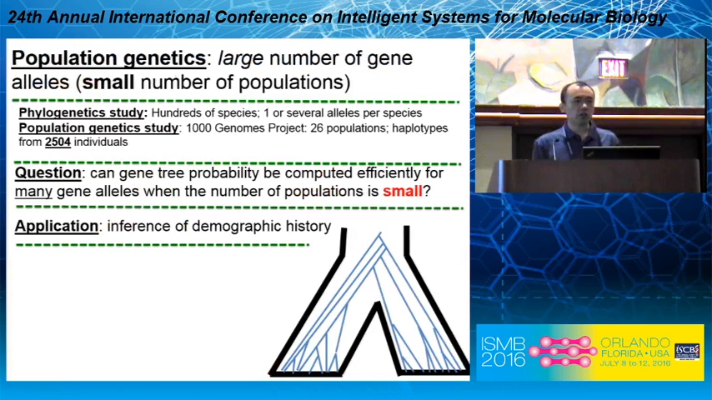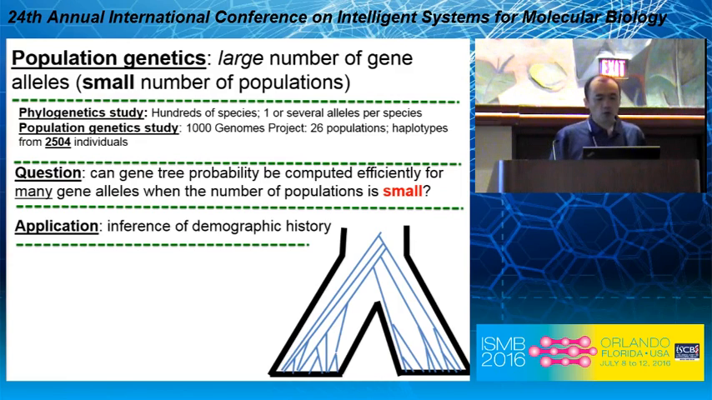I still do not know how to solve the general case, but I recently found one way to, for a restricted case, have a polynomial time algorithm for computing the gene tree probability. And this restricted version is motivated by population genetics, where you have many gene alleles, but only a small number of populations. In the 1,000 Genomes Project, for example, you have 26 populations, but there are haplotypes from over 2,000 diploid individuals. So that means usually people sample a lot of alleles